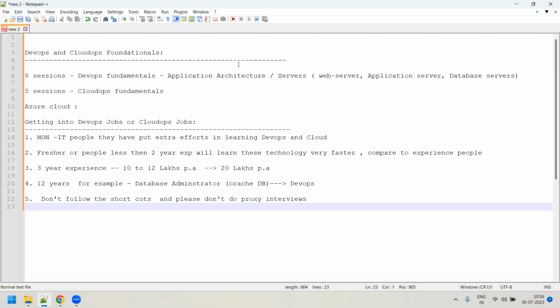Because ultimately you need to work in the industry. Tomorrow, if you join a company, you need to work for 10 to 15 years in the company, or you need to work in this domain for another 10 years. So you should have sufficient knowledge where you can start working on the tasks assigned to you. Suppose you went through proxy, you have very little knowledge in that domain, and if any task is given and you're not able to do it, you yourself struggling to work or understand, that will be a nightmare for you.